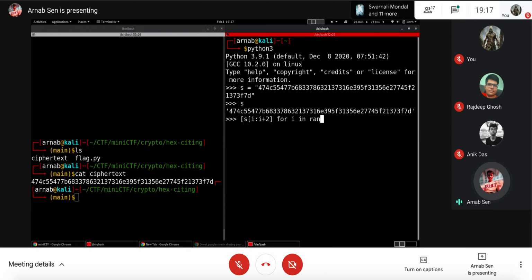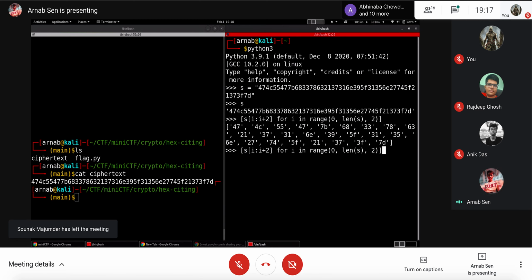I'm using Python. Yeah, so I think if you're working with CTFs, you should know Python very well because it will help you a lot. You will see most of the scripts that I wrote are in Python because there are lots of modules available, and you will also find lots of scripts online written in Python as well. So I'm using list comprehension to basically break it down into groups of 2.